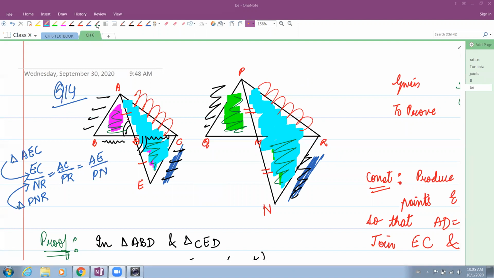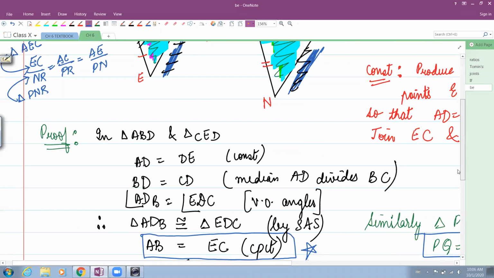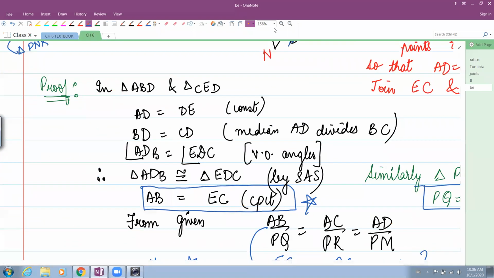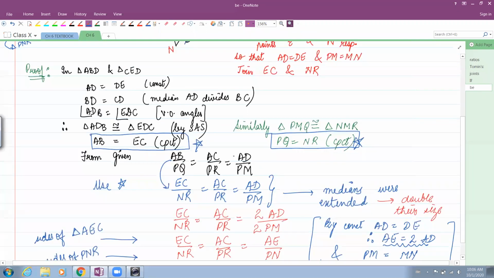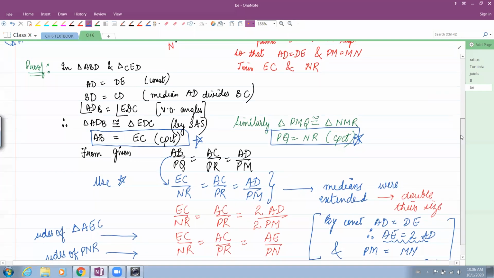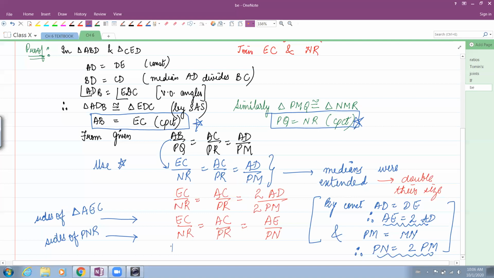If you need a minute to go through the answer, you can just ask me to wait. Let me know if this is clear what happened here. By congruence, we proved that AB and these extended triangles were congruent. And after that, we have used the CPCT to modify the given ratio. एक हमने CPCT वाला रिजल्ट यूज किया है और एक हमने कंस्ट्रक्शन यूज की है, और दोनों से हमारे पास इवेंचुअली ये आ जाएगा. By SSS, triangle AEC is actually similar to triangle PNR.